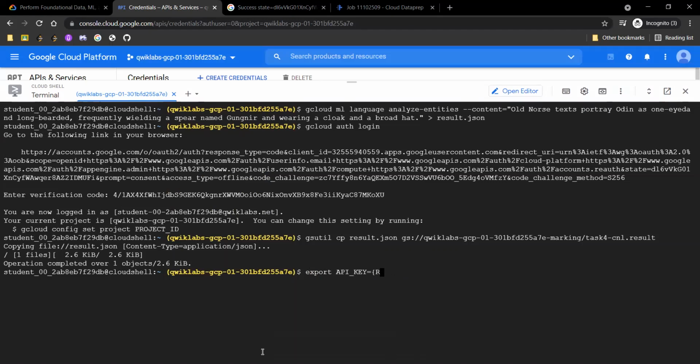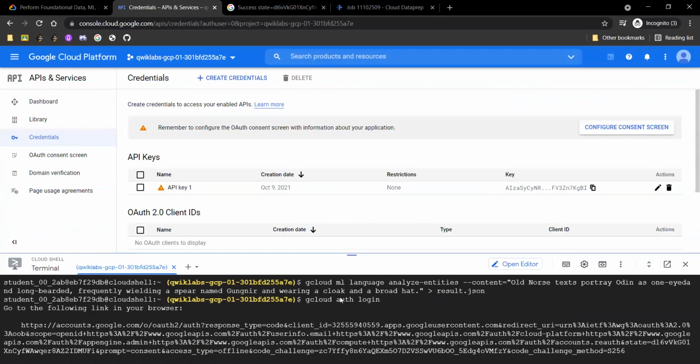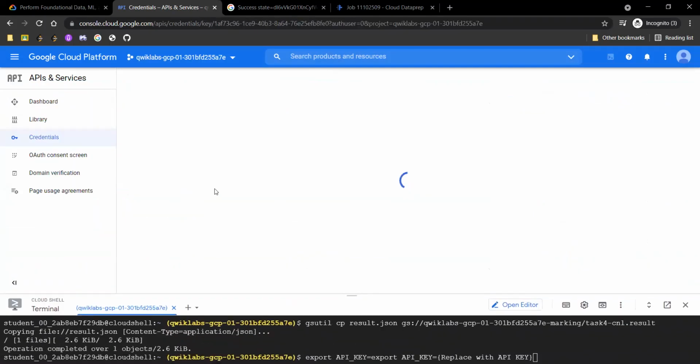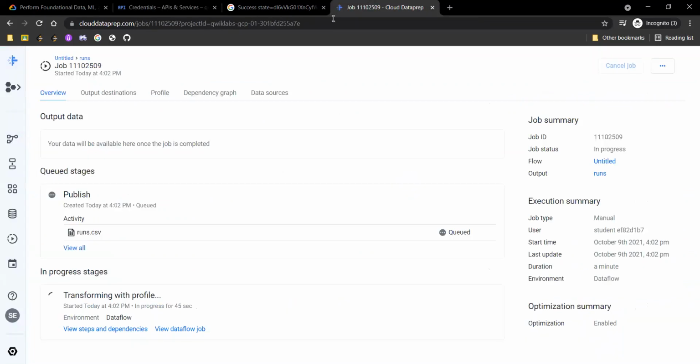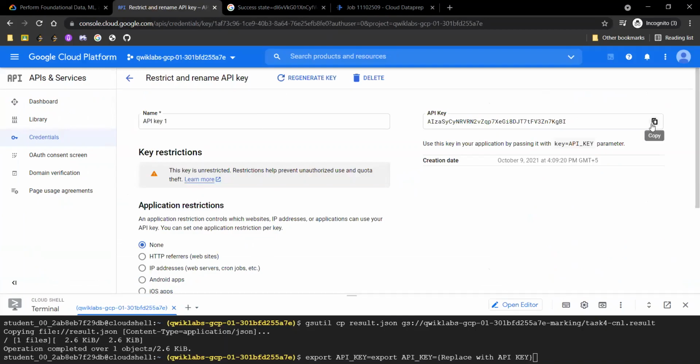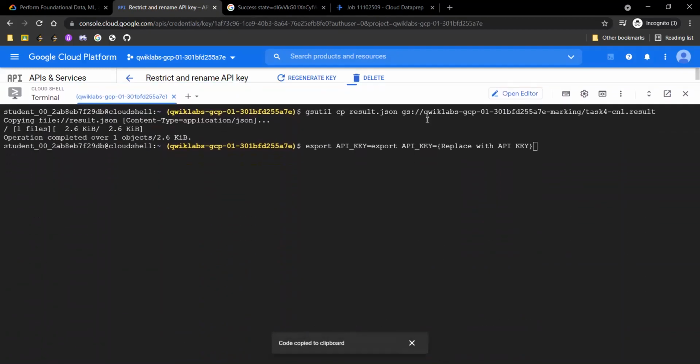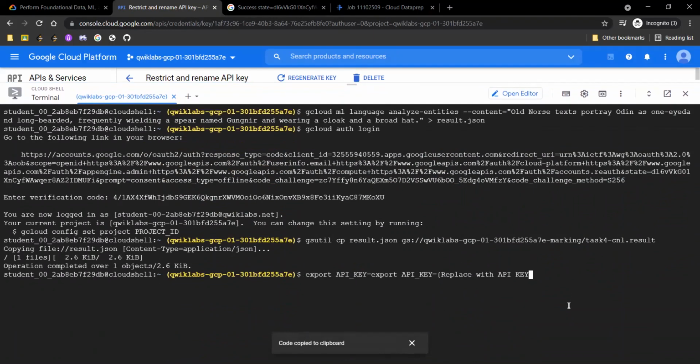Simply replace your API key with your original API key. Yeah, so this is our API key, which was given to us when we clicked on create credentials and API key.